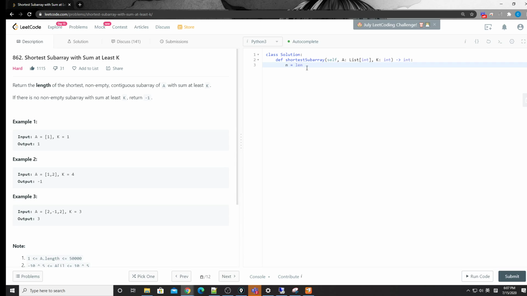Length n here. So, like I said, we need to do a pre-calculation on the pre-sums here, right? So pre-sums, the first one is the first element itself. Okay,